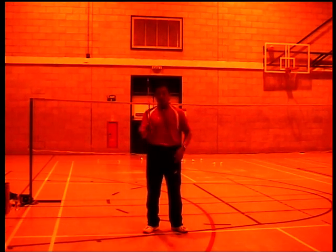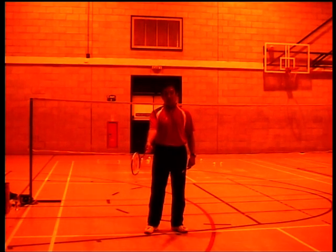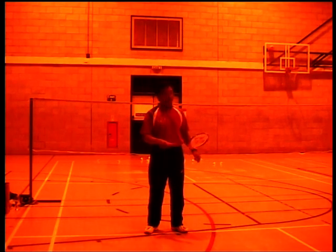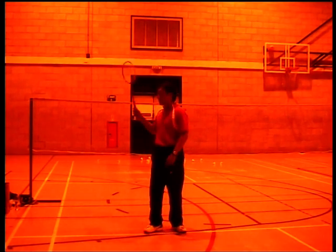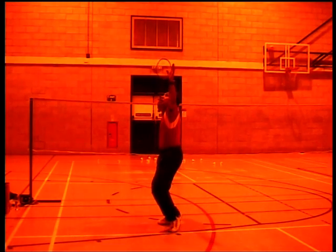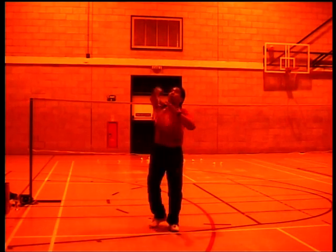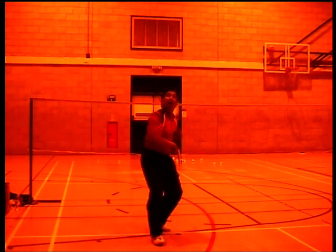Be careful, don't put your thumb right on the top for the basic or forehand grip, because this is a grip that's called the panhandle grip, used when you're at the net to kill and tap off shuttles. So the basic or forehand grip, when is it used? Used when the shuttle is directly overhead for your clears, your drops and your smashes,